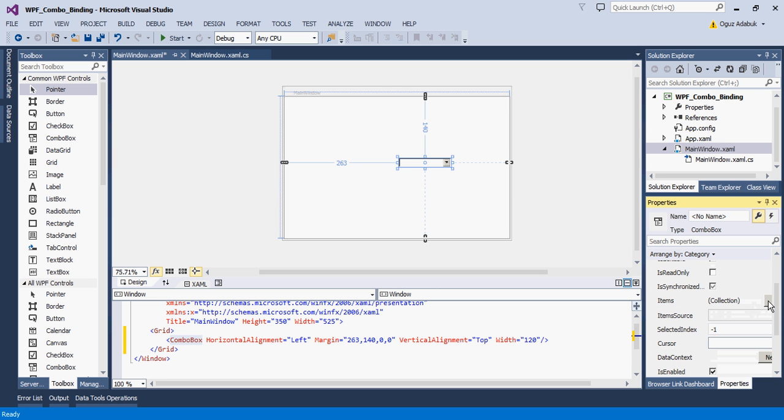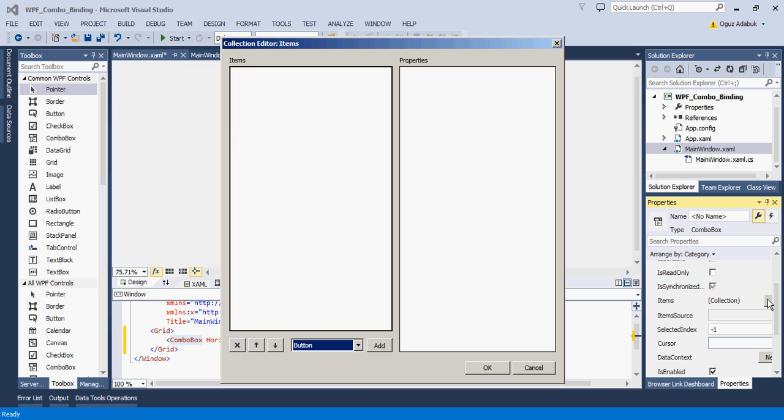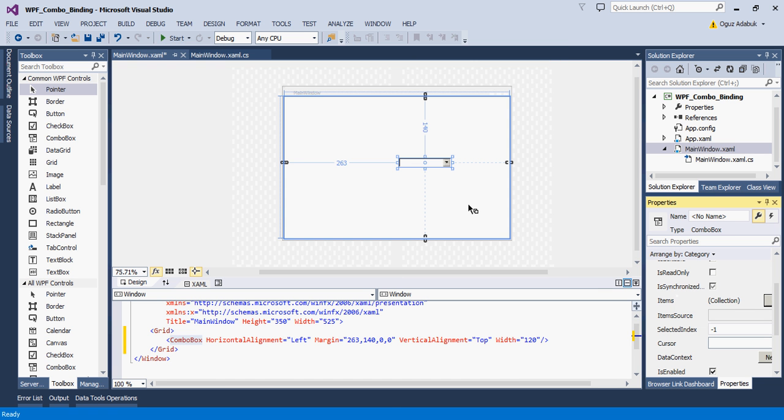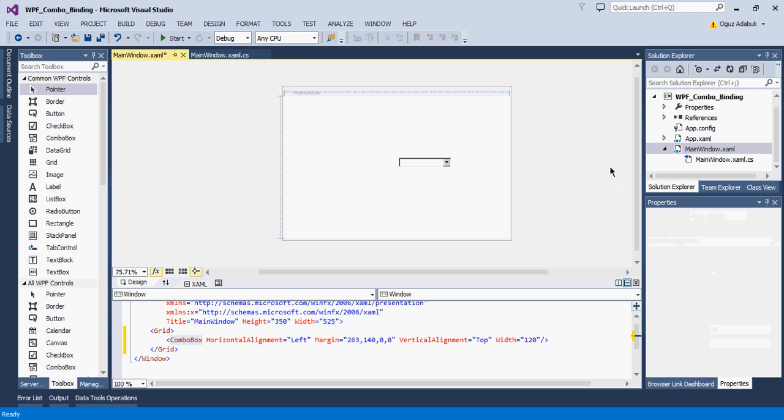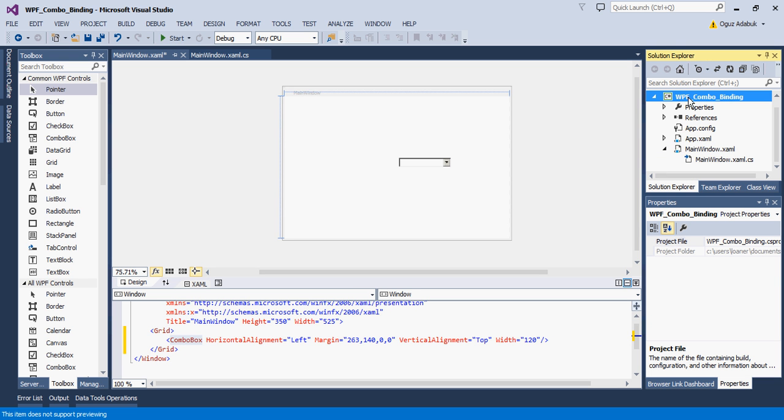You can see there's a collection here. You can add items, but that's not what we want to do in this case. I'm going to populate this from the code behind, with the collection that exists in the code behind. So what we're going to be adding here in this combo box is going to be some student objects, a list of students. So I'm going to create a new